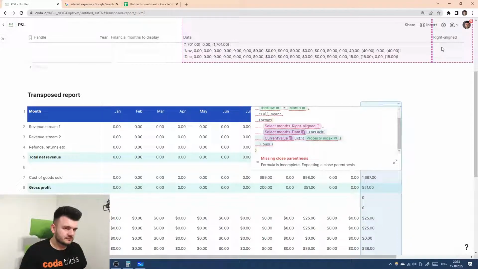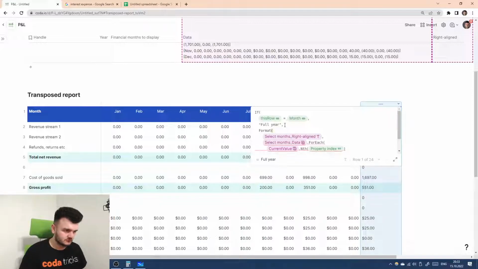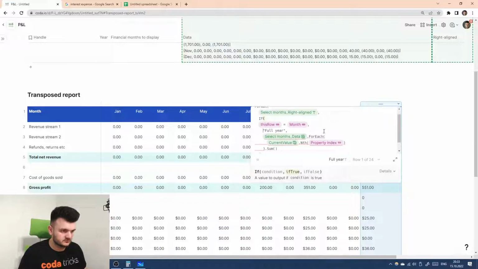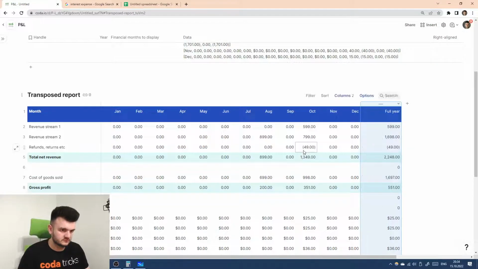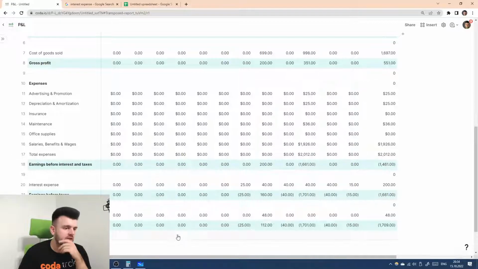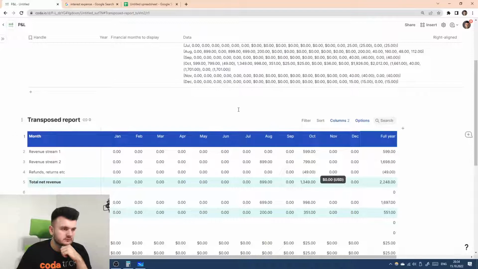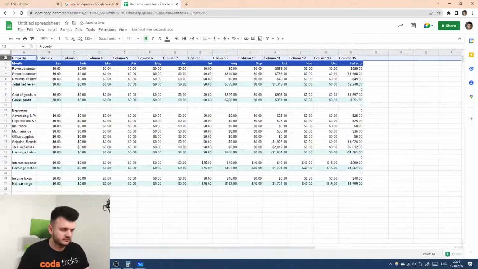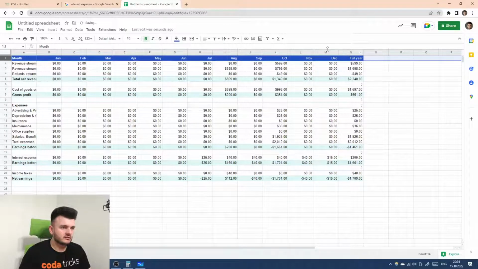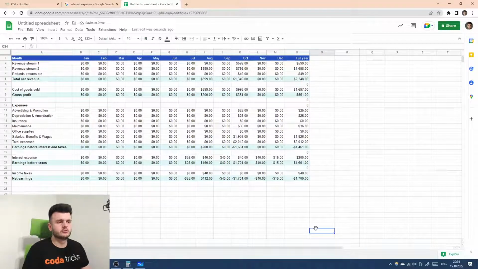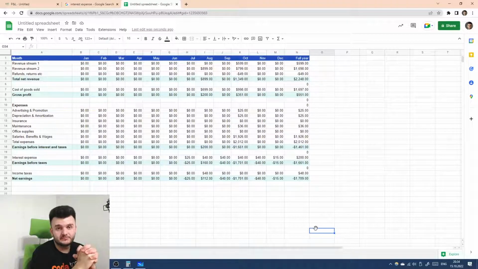Normally you will have this thing in a separate table as well. Actually, the format would probably be on the top level. Yeah, something like this. And you can copy it again, paste it in Sheets, delete the headers, and do this, do that. Maybe add some more styling, and that is ready for your presentation, for giving to your